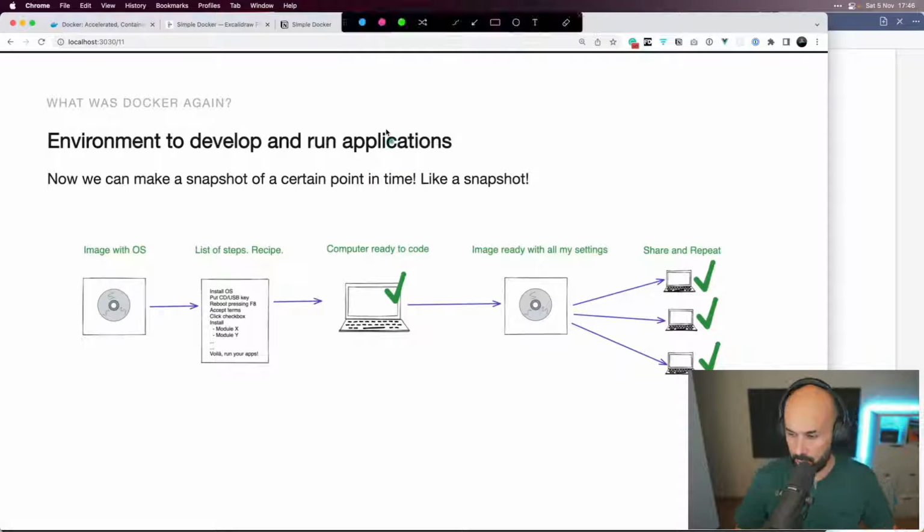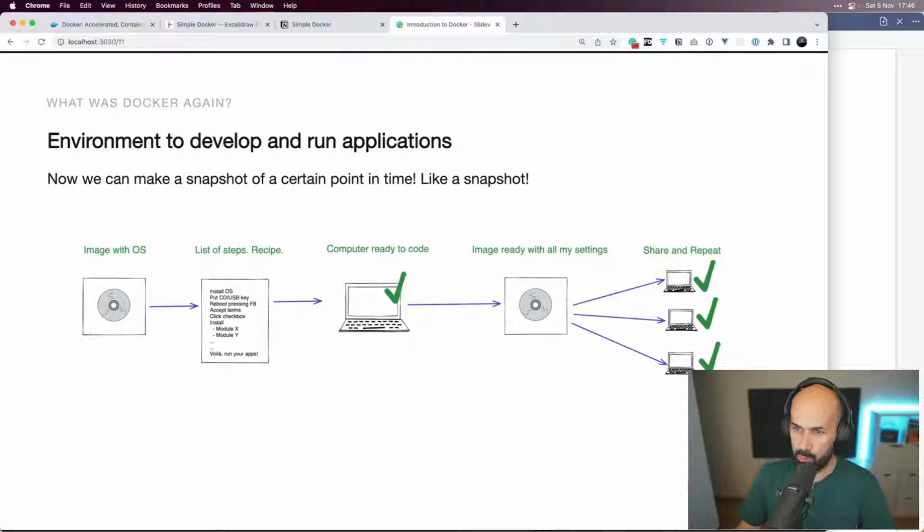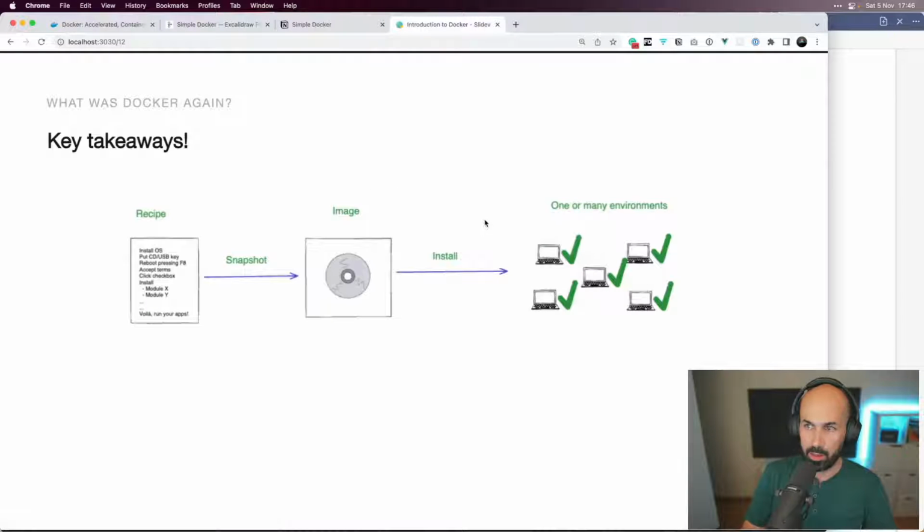So we already had these steps covered, right? After we get the computer like we want, then we would have a new CD or image ready to share and repeat with multiple computers. So we have a list of things to take into consideration, and please remember, this is a storytelling.